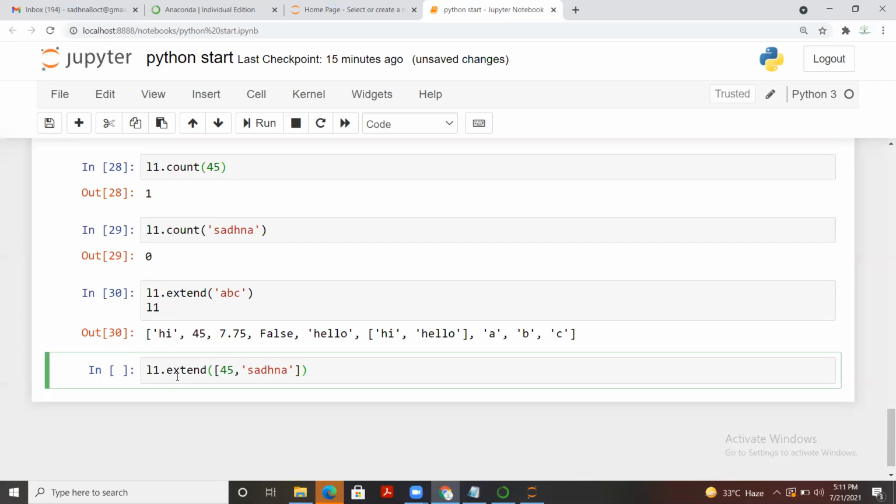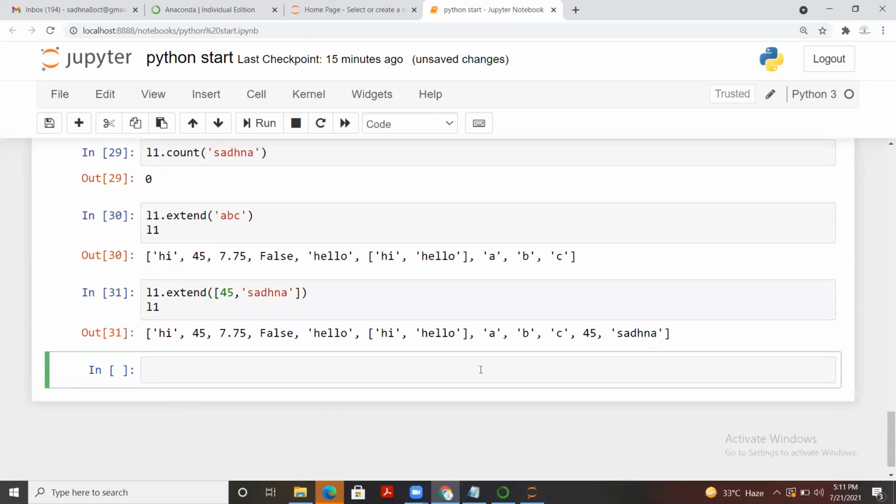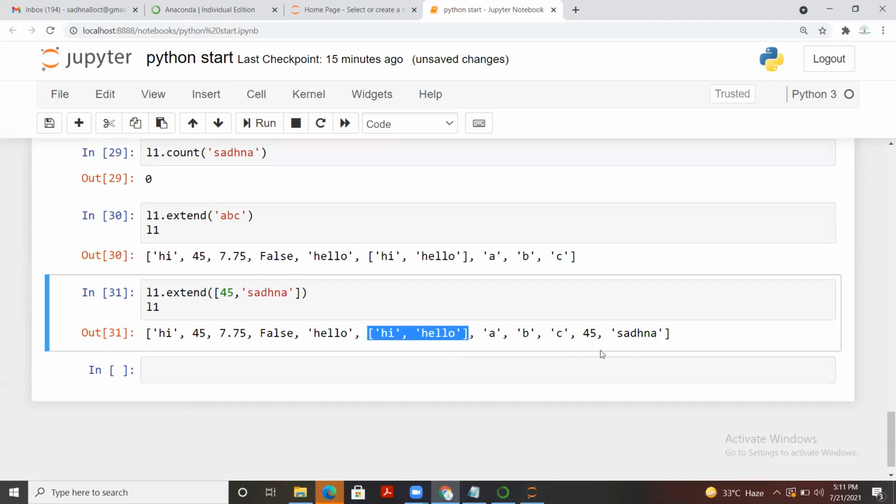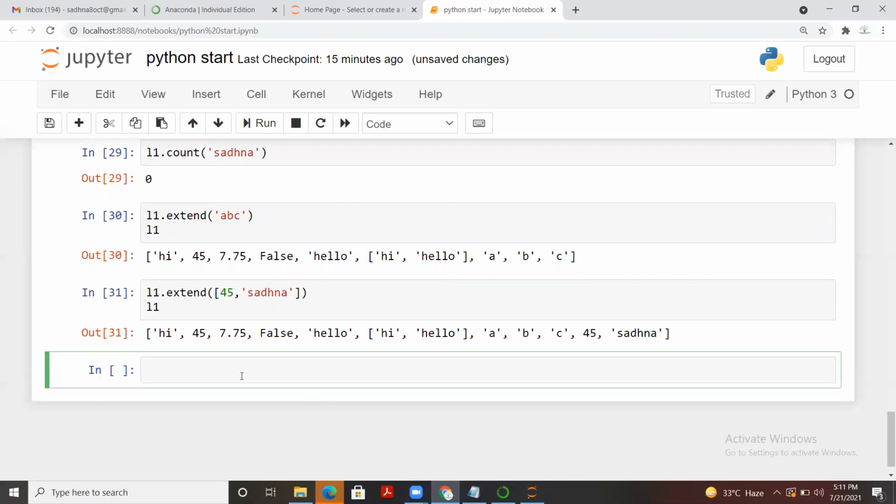Then I'll run L1 and you see that 45 and sadhana have been added. So in case you want to add more than one element, you can use extend, but you have to pass those list brackets. Previously I used list brackets in append as well, and you noticed that it was added as a list, not a particular element, but this time it has been added as elements, right? So this is how extend works.